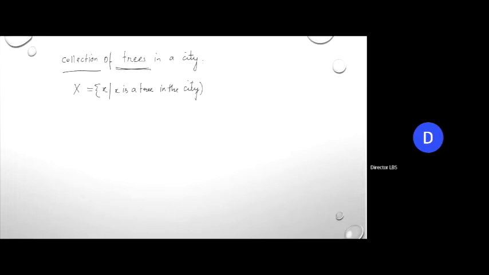So whenever a set becomes bigger, that means the number of elements in the set is very large. So the first condition I'm saying is when the number of elements is large. And the second point which I'm trying to make here is when elements cannot be named properly. So these are the two conditions under which exactly I have to use the set builder form rather than the roster form.